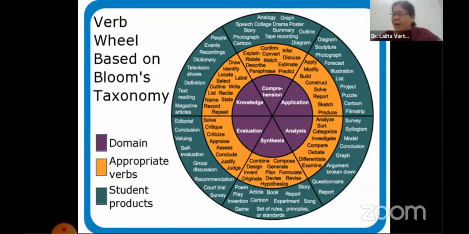Higher order thinking skills are necessarily to be developed through any course. If you look at the broad objectives, you will realize that that is what we expect in our students. We need to remember that education is the foundation for the future of the country. So unless and until we develop these thinking skills in our students, we as teachers are also not contributing to the society which is expected from us.